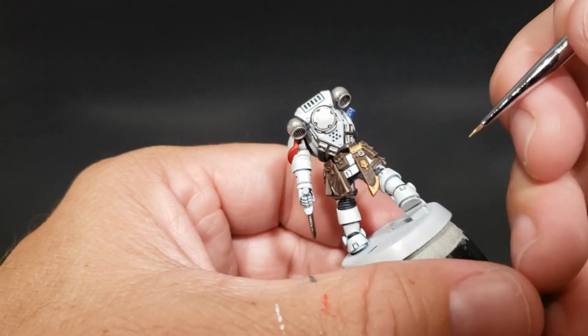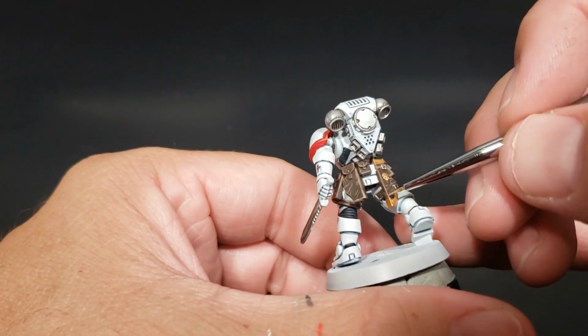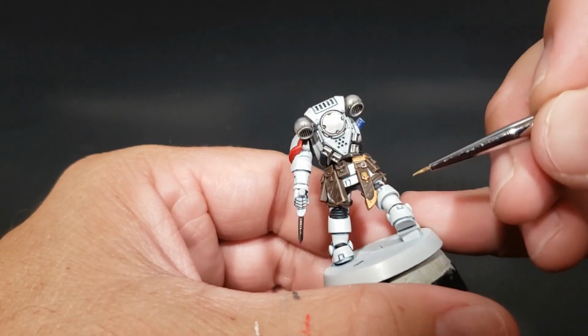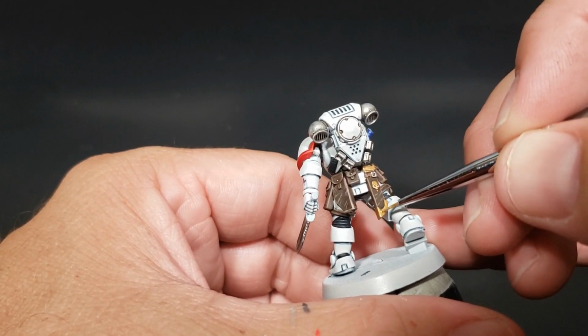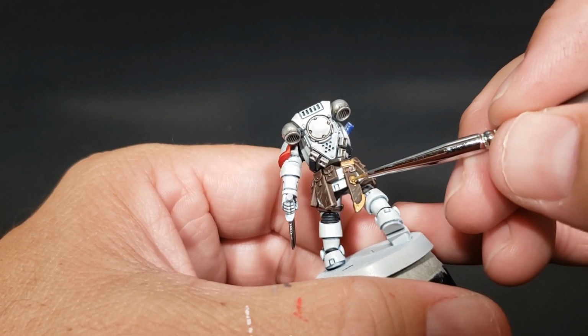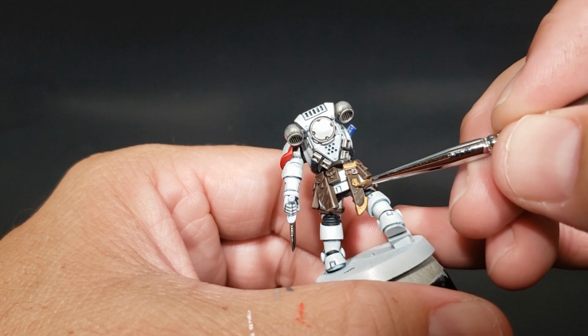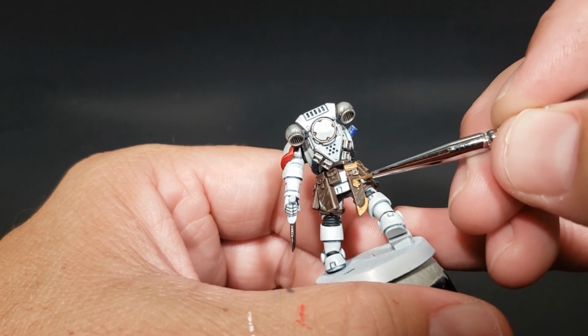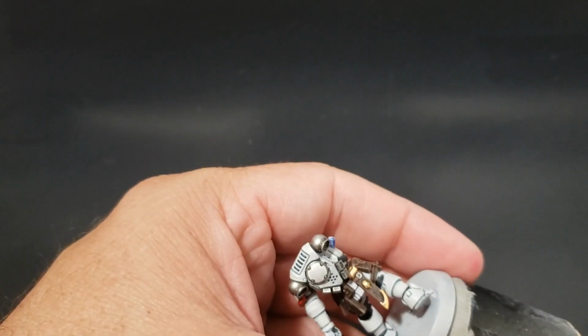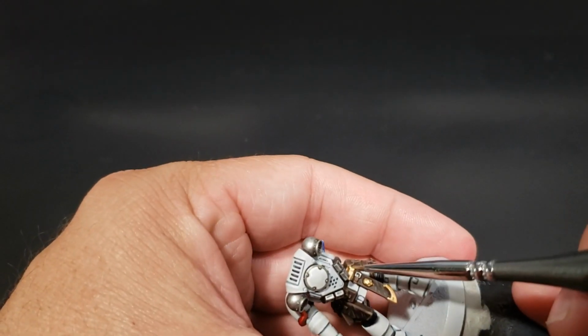With the shade dry, we're going to go ahead and apply our edge highlights of Liberator Gold first to the scabbard here. There's a slight dot right there, just like a raised rivet, if you can hit that. The skull, just across kind of like a brow and the nose, maybe one line across the top just to brighten that portion up. And then an edge highlight at the top here,